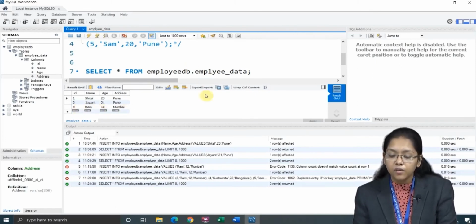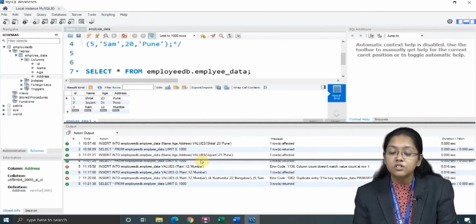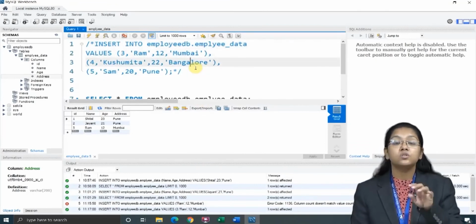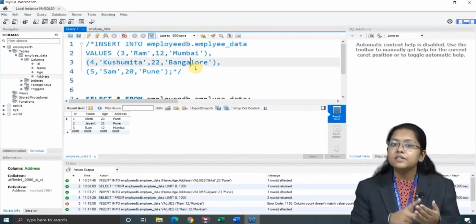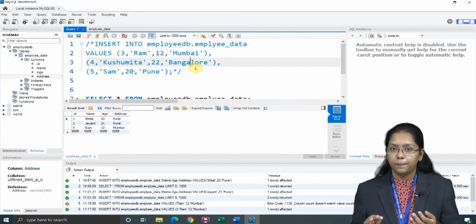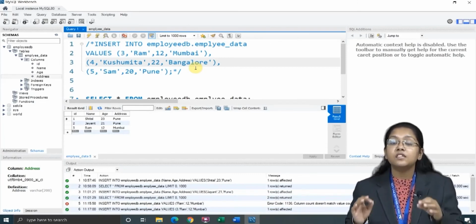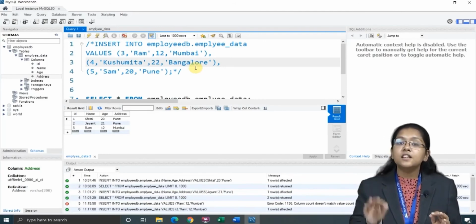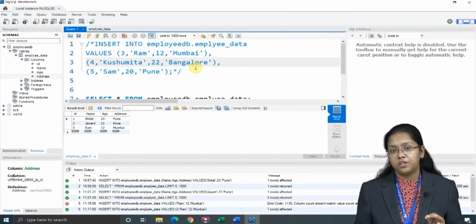But when I was firing the query, I was again inserting ID 3. Because it is auto incremented, the values cannot get duplicated. That's the reason it is showing me the error.